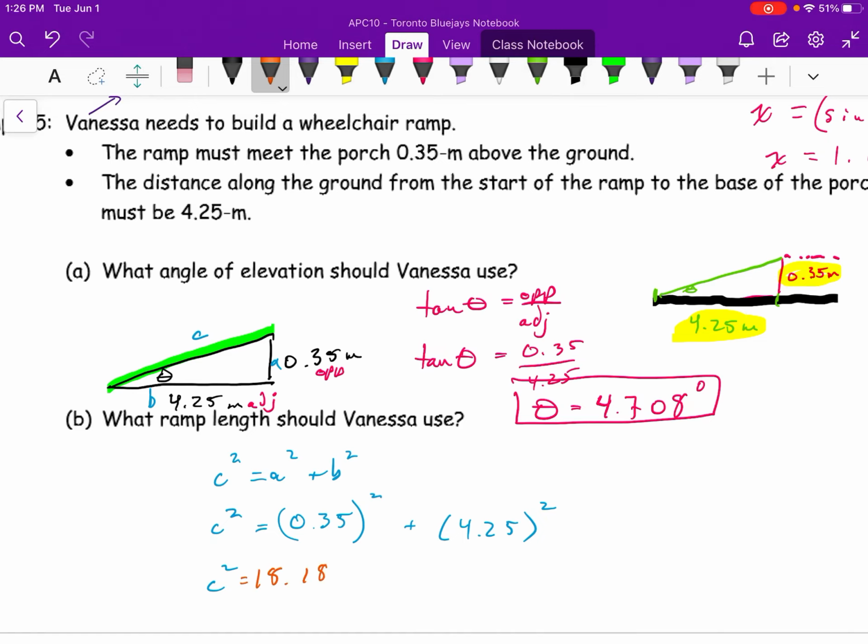And what I get is c squared is equal to 18.185. And if we take the square root of both sides, we get 4.264. Now this was in meters, so we have to make sure that our